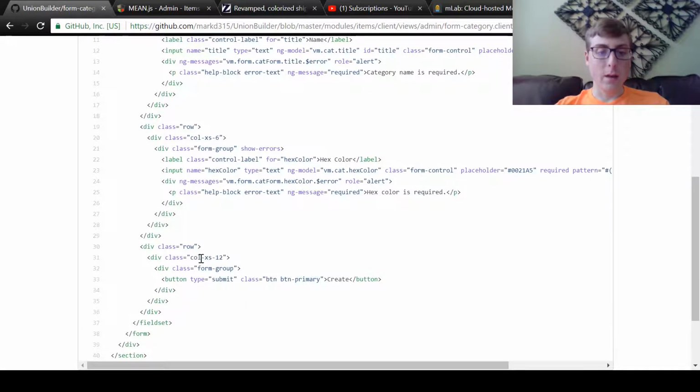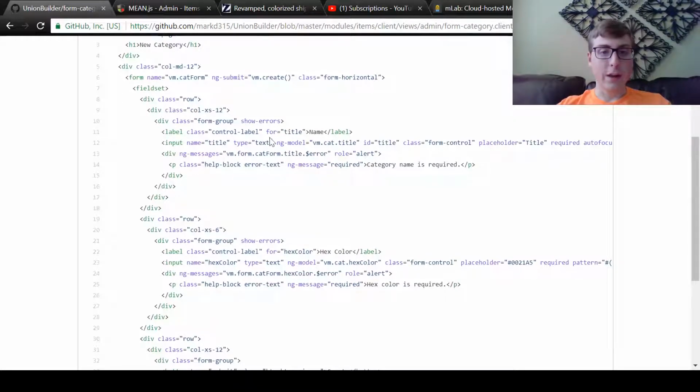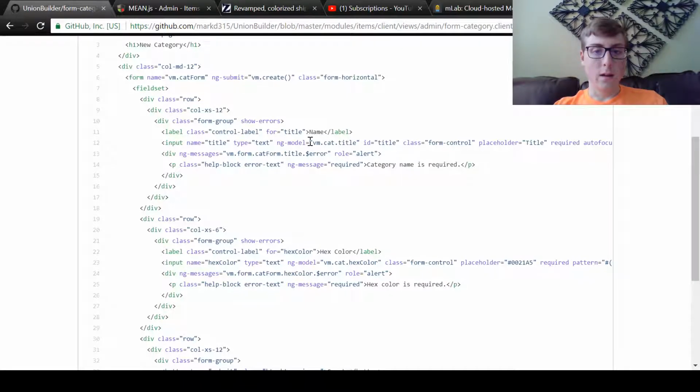Button type submit. So I don't know if we actually had a form. Okay, so this is an AngularJS thing right here. The way you do it is you say there's this thing called the VM, right? And the VM has different fields in it. So for this page, it's basically everything's in vm.cat. It's in vm.cat form, and so on ng submit, we run the script for vm.create, and then the ng model